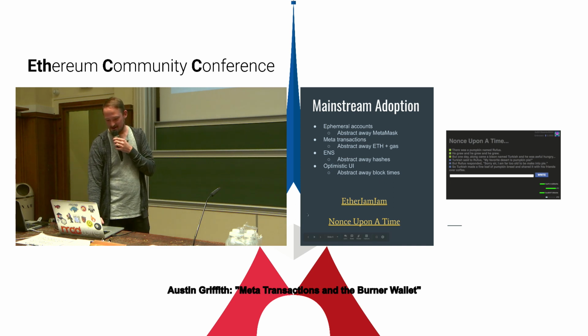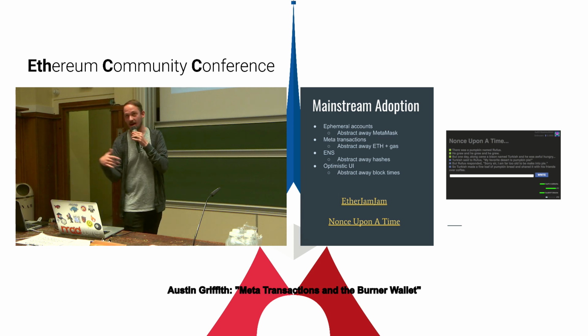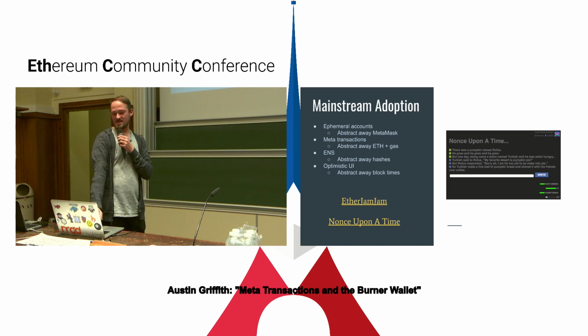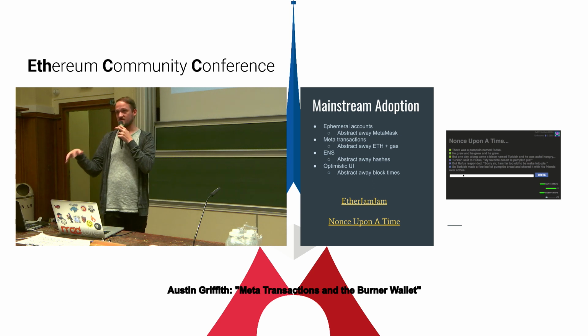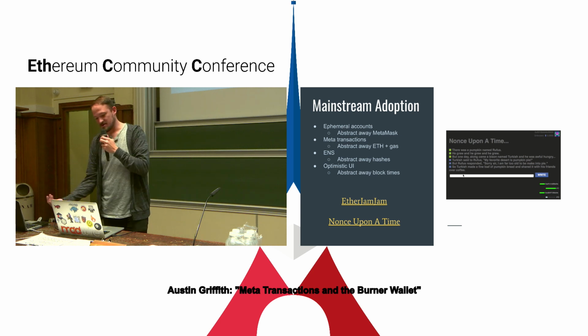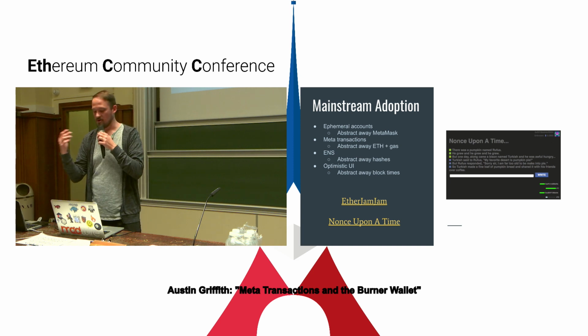So I made this Ether Jam, and then at DevCon 4, we did Once Upon a Time, which is a collaborative storytelling app. The gist of it is you drop into the app and just start using it, writing parts of the story. All of that was going on chain. It was cryptographically backed, but the user didn't have to worry about having ETH or paying gas or any of that.